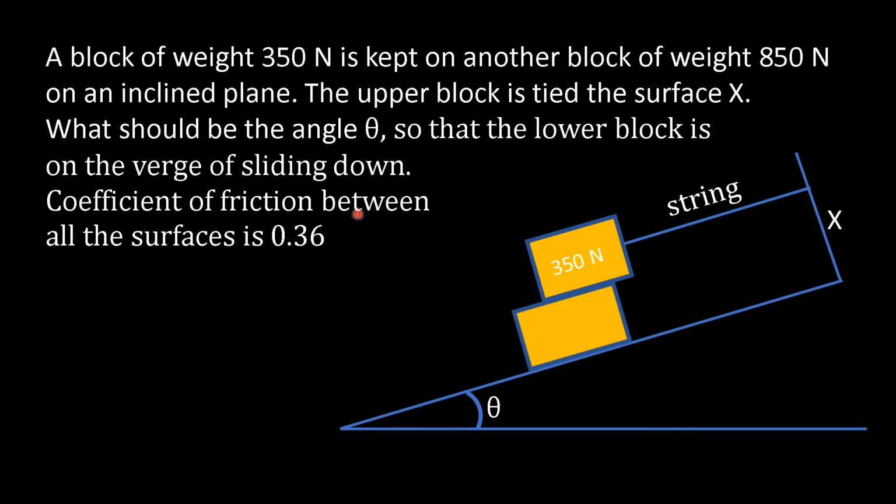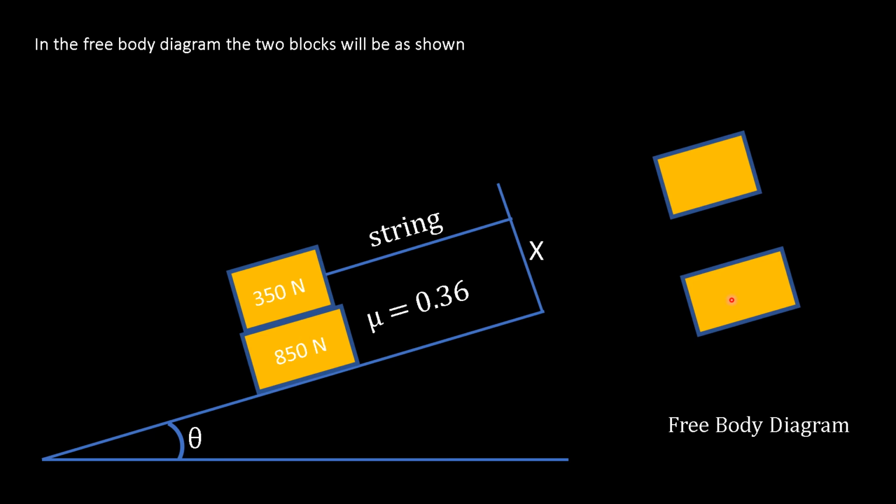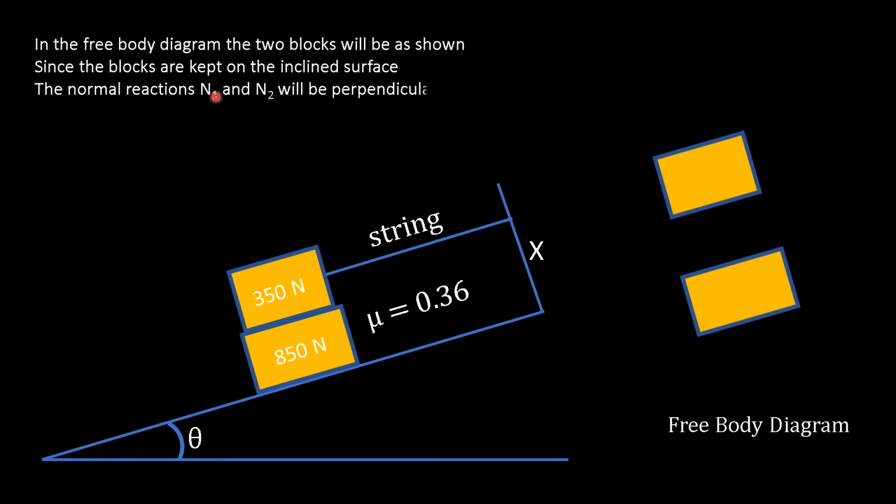Coefficient of friction between all the surfaces is 0.36, between these two surfaces and between these two surfaces. In the free body diagram, the two blocks will be as shown. These two blocks can be shown like this. Since the blocks are kept on the inclined surface, the normal reactions N1 and N2 will be perpendicular to the inclined surface,